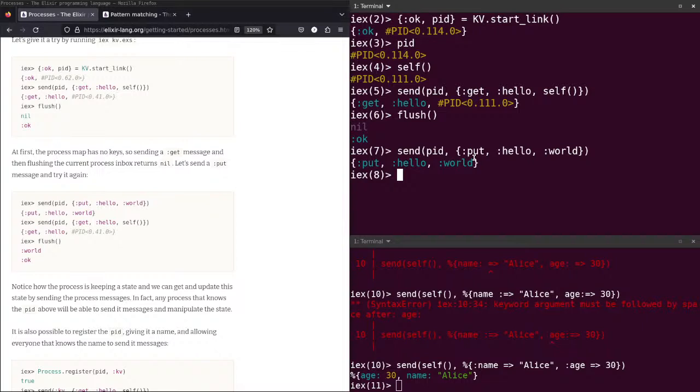Notice how the process is keeping a state and we can update this state by sending the process a message. In fact, any process that knows the PID above will be able to send it a message and manipulate the state.